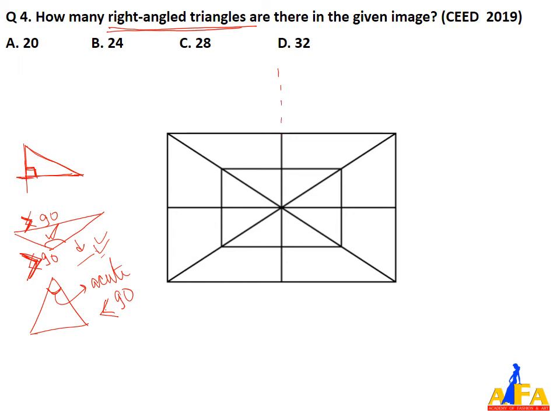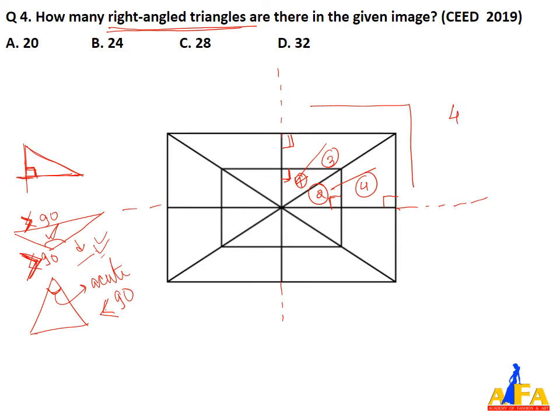Similarly, in this we will have the same process. We have to divide the shape into two equal parts, like in four equal parts, but with two lines, horizontally and vertically. We will take this shape again. So we will start calculating the right angle triangles by forming the 90 degree. So this is 90 degree, this is 90 degree, this is 90 degree, and this is 90 degree. So 1, 2, this bigger one, 3, and this bigger one, 4.